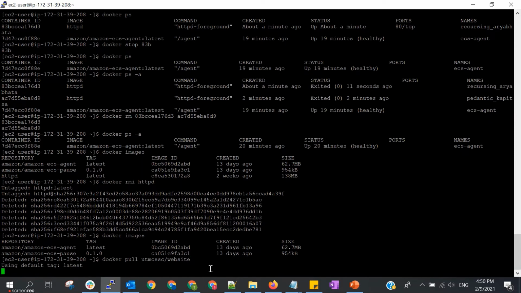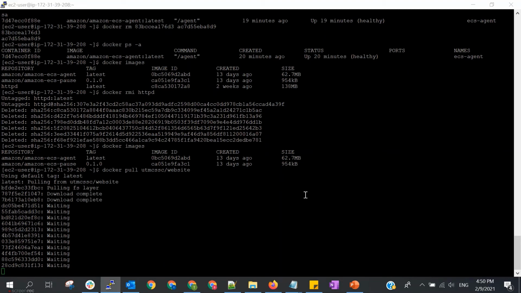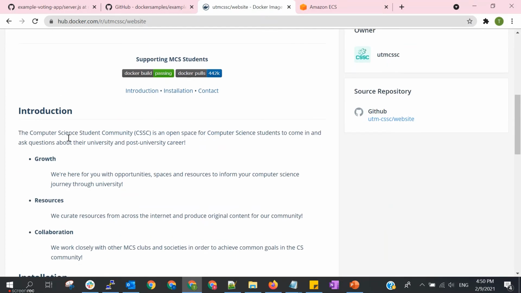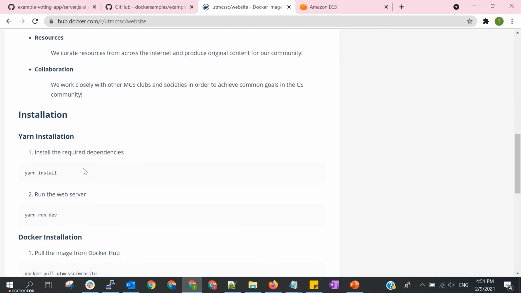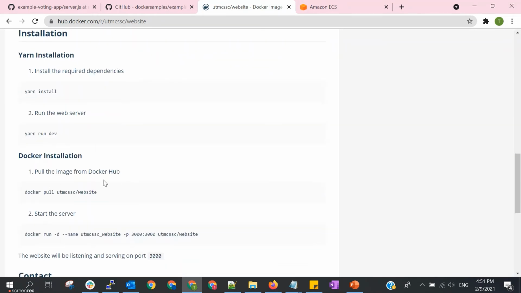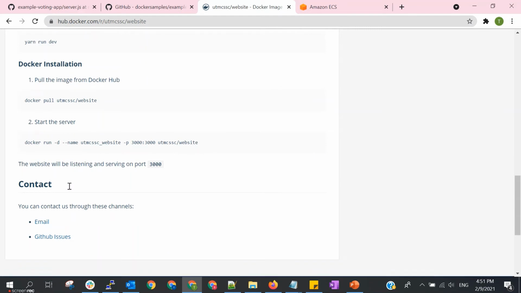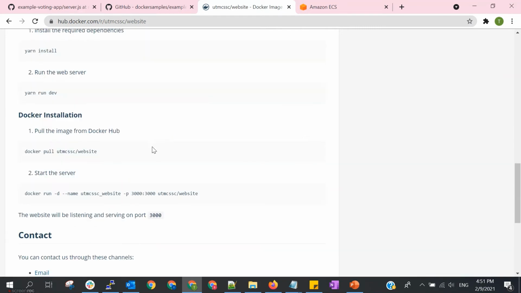Let's say we want to try this image. Let's pull first, and there is also some description here: what this is about and how to start the server. They normally put the command here, so we can copy the command to start the server.